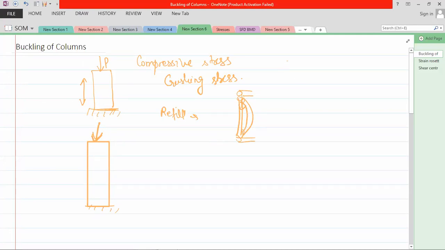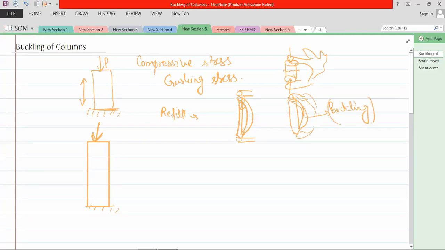Now you cannot bend the chalk. Suppose this is your chalk, and you apply the force from the top and bottom with your fingers. You are applying a load like this. You can see that this will not bend. But when you take the refill of your pen and apply stress like this, with this as your first finger and this as your second finger, what will be the result? You can see that this will buckle or bend like this. So this is called buckling.